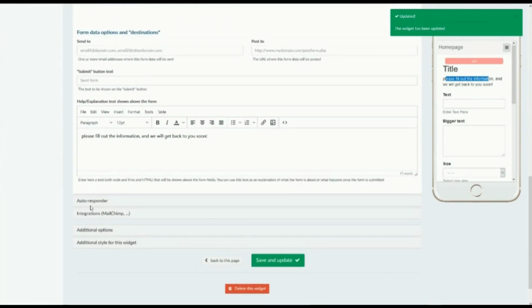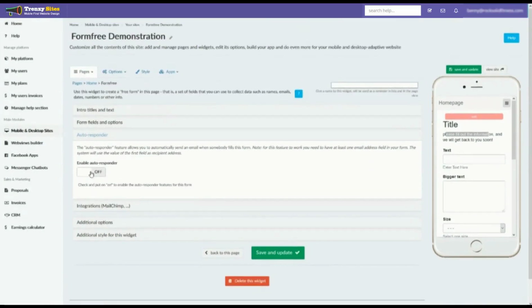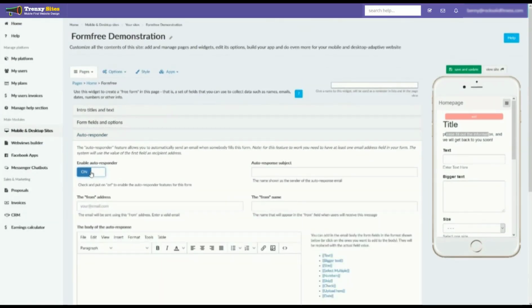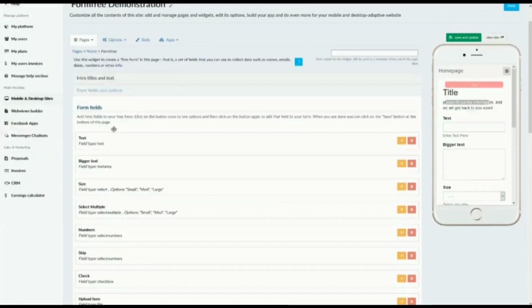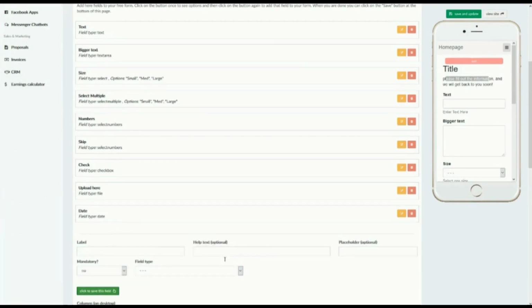And for the autoresponder, if you want to enable the autoresponder, this is going to automatically respond to anyone if they enter their email address. So in order for this to work, you'll have to actually have an email address field and ask for their email address in order to actually use the autoresponder. And for the autoresponder to actually respond to them, they have to enter a correct email address. So once you have that field,